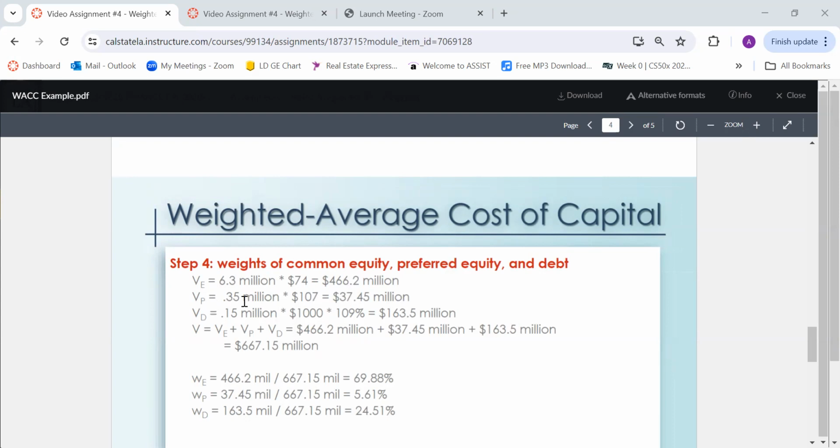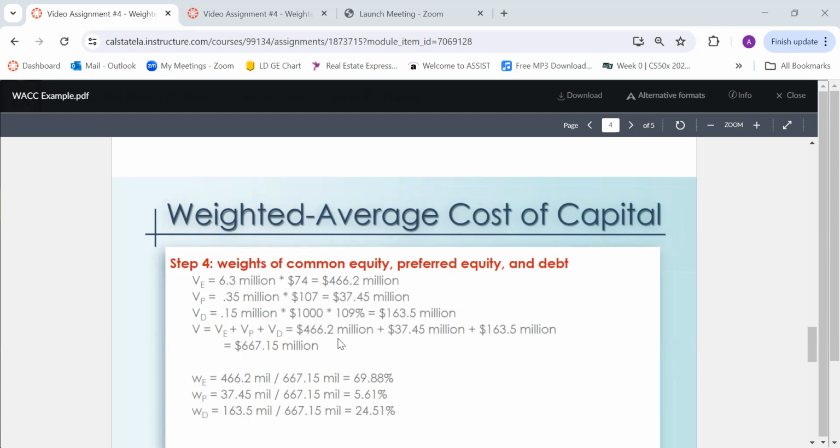For preferred, we're going to get 0.35 million, multiply that by $107 to get 37.45 million. And then debt, 0.15 million, multiply that by 1,000, multiply that by 109%, to get 163.5 million. We're going to add that all up, and that's going to get us our total of